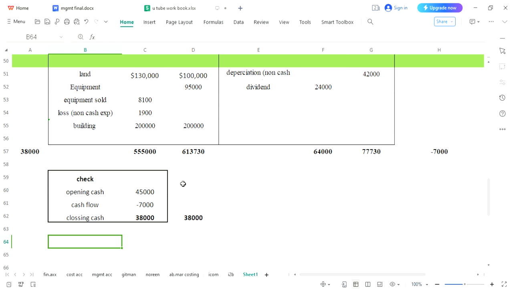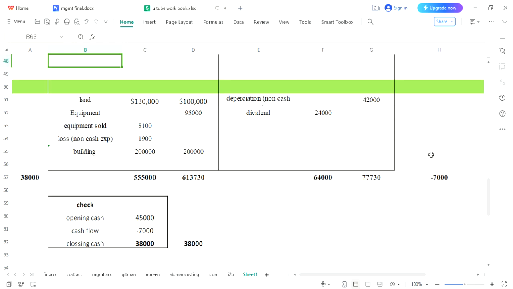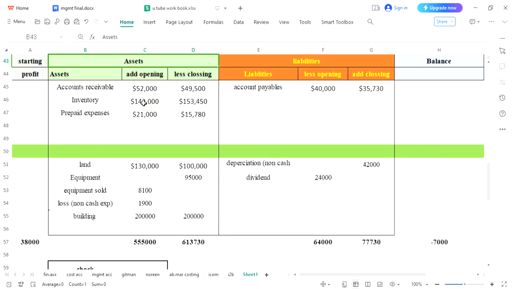Now you can see that cash has decreased collectively. That means no matter what kind of asset it was, current or fixed, and no matter what the liability was, current or fixed, after all adjustments we have an outflow of 7,000. That means cash has decreased. Please understand, instead of making calculations separately, we have calculated all current and fixed assets at the same time, taken the sum at the same time, and then what we have done: